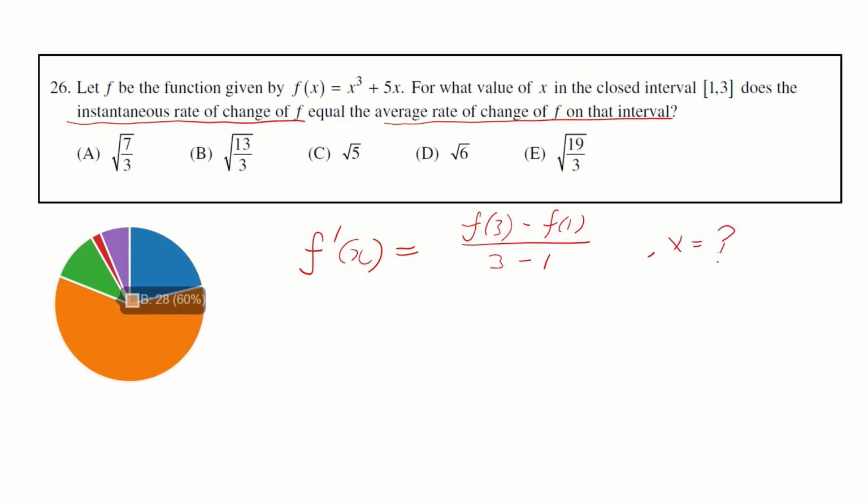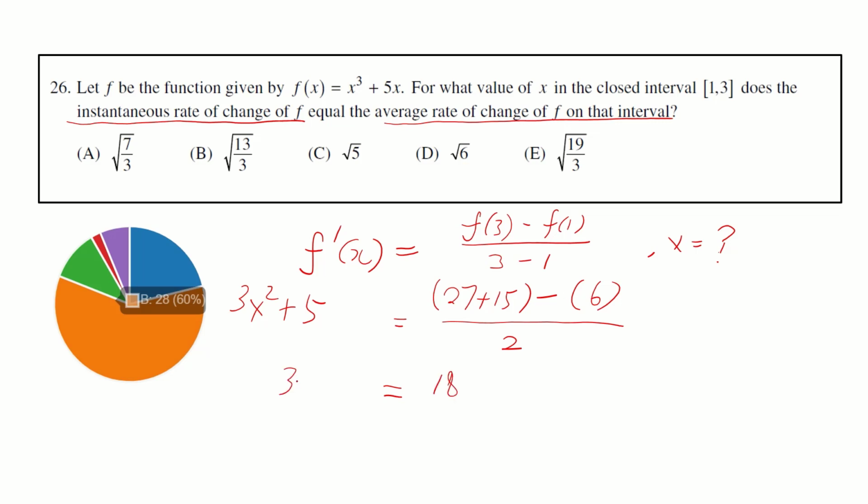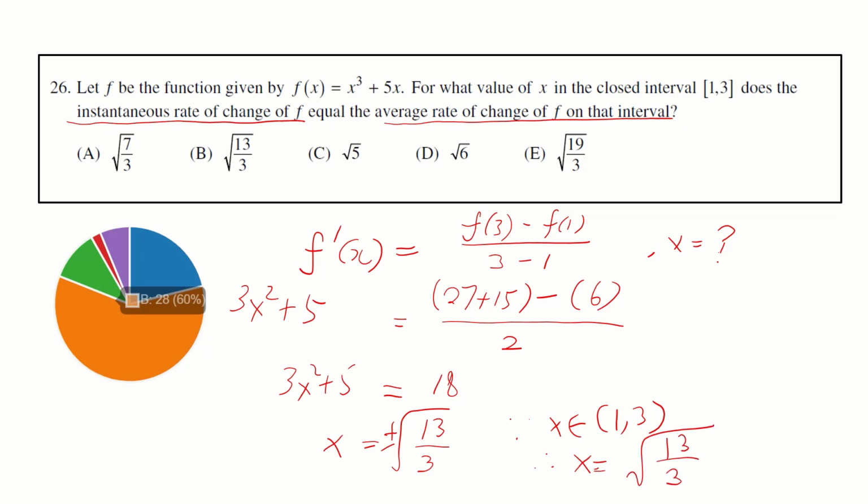So we just need to substitute in f of 3, that is 27 plus 15 minus 6 over 2. And f prime of x is equal to 3x squared plus 5. So do a little bit of calculation. 42 minus 6, that's 36 over 2, 18. So 3x squared plus 5 is 18. x squared is equal to 13 over 3. That's plus or minus the square root of this. But because x is between 1 and 3, x must be the positive root of 13 over 3. So the answer is